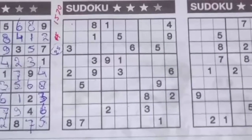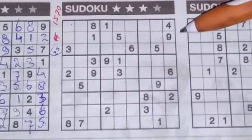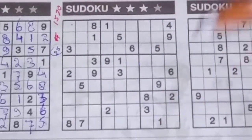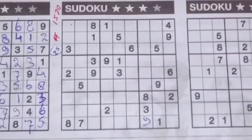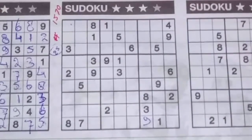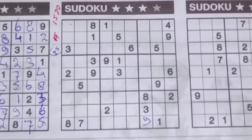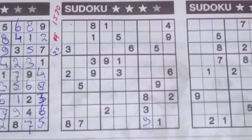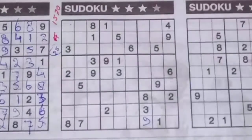Alright. Let me see. 9 in this column, 9 in the column next. So in that column, the only place for the 9 should be here. Then, then